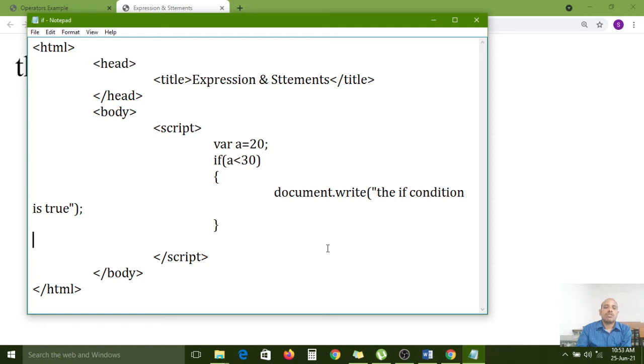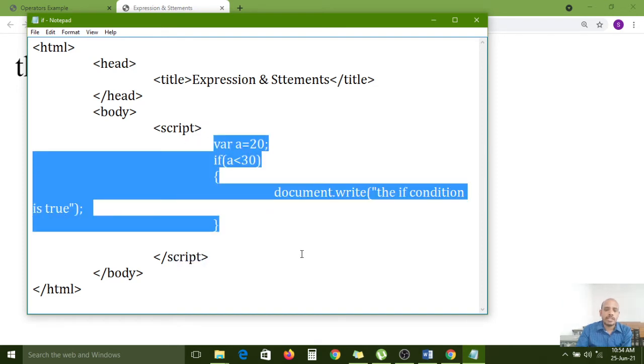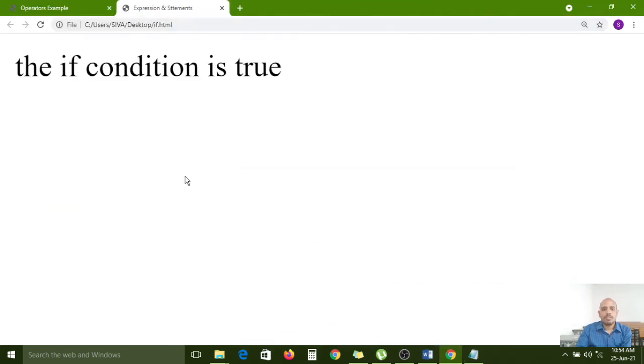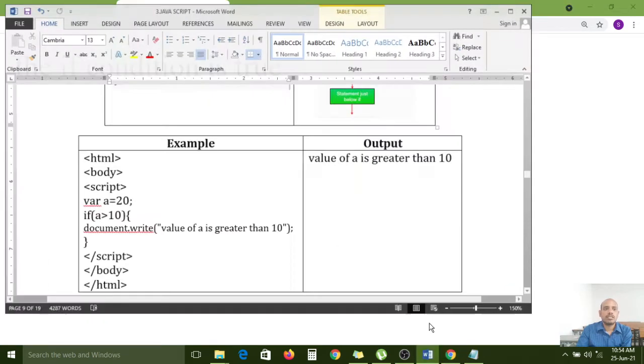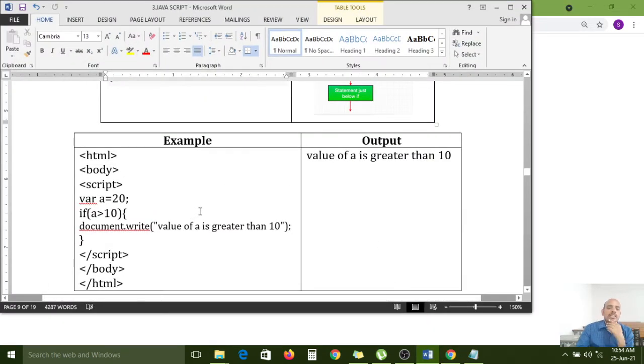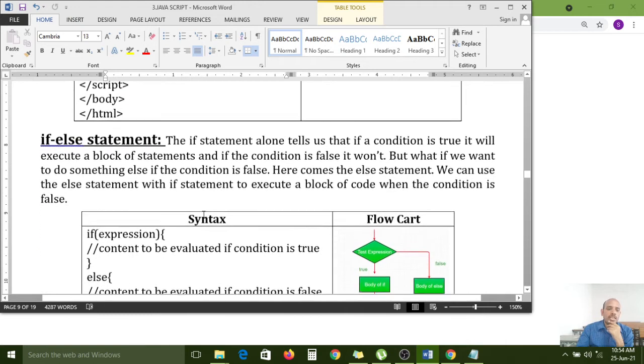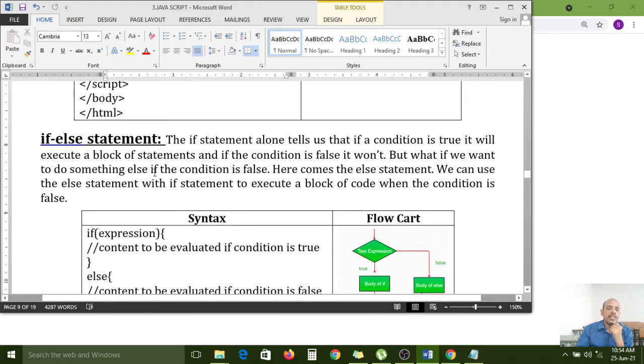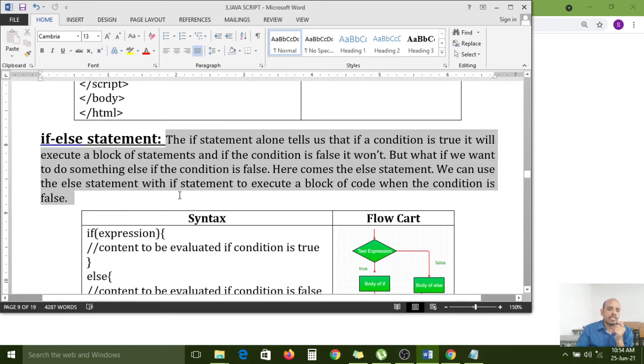So like that, we can use the if condition. Compulsorily, in between the script opening and closing tag we have to use it. In between, we have to write our JavaScript statements and expressions, right? So like that, the if condition is working, and the if else condition is nothing but, here if means we have already discussed right now. Else means now we have to see the definition.